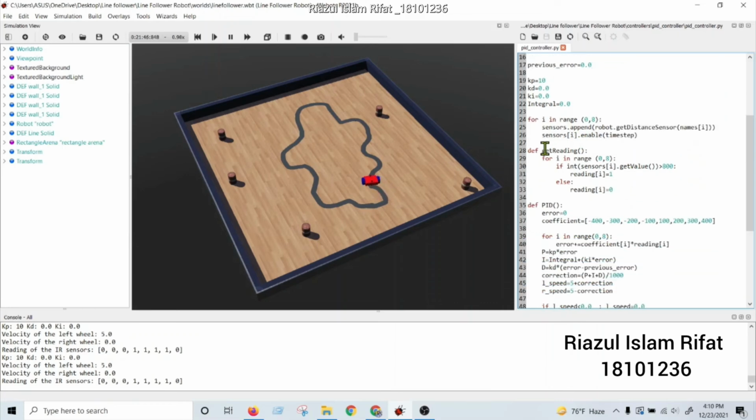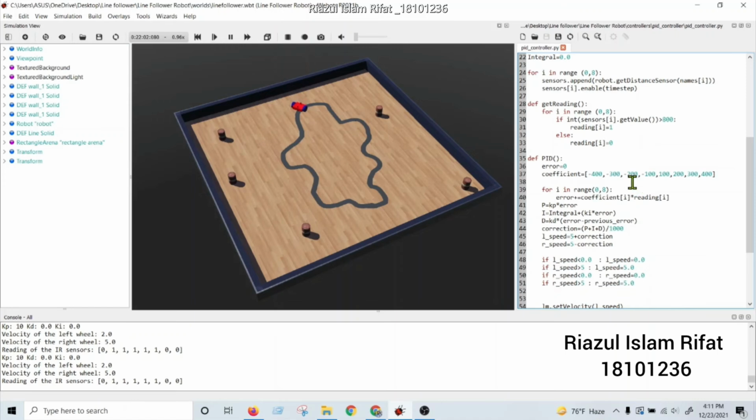Then I have initialized the get reading method. Here in our project, the IR sensors work in a way that if any of the sensors identify the road, then the get value will be greater than 800, and in that case the reading will be 1, else the reading will be 0. Then here I have initialized the PID method, and here I have set up the error equals